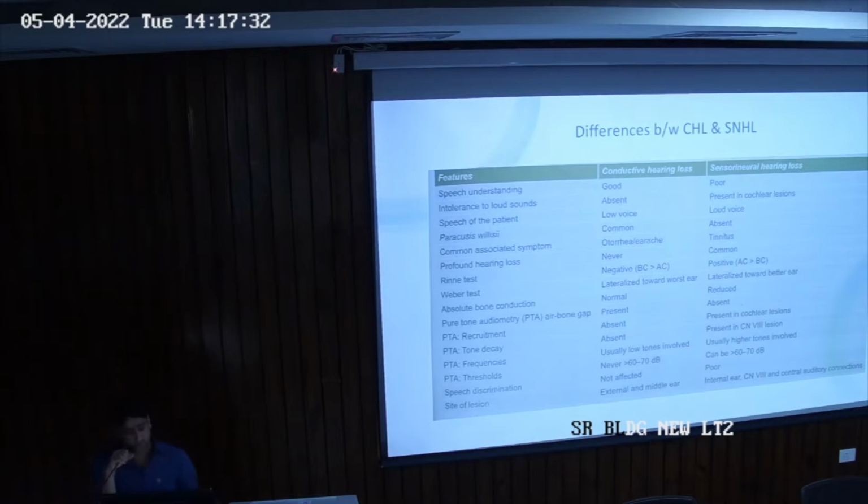well taught, don't worry. Rene test is always negative in conductive hearing loss, but in case of normal hearing or sensory neural hearing loss, it is positive. By positive Rene test, we mean air conduction is better than bone conduction. Weber's test is lateralized to the worse ear in conductive hearing loss, and the opposite is true for SN loss. These two dictums will help you in your viva also.